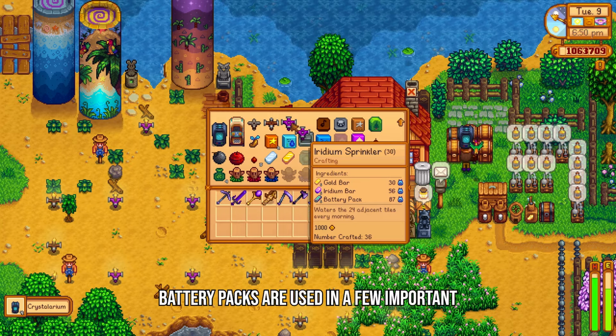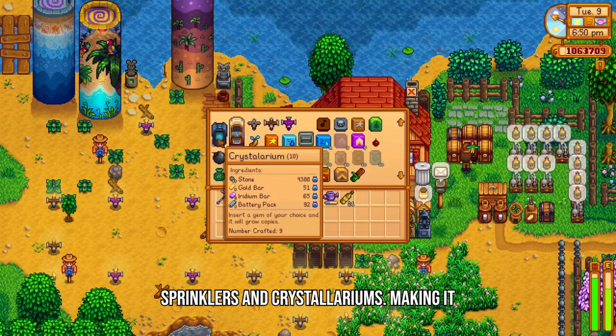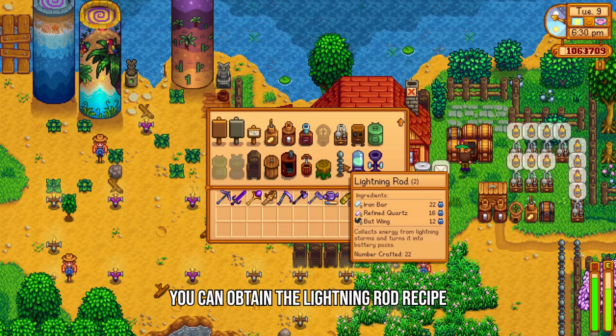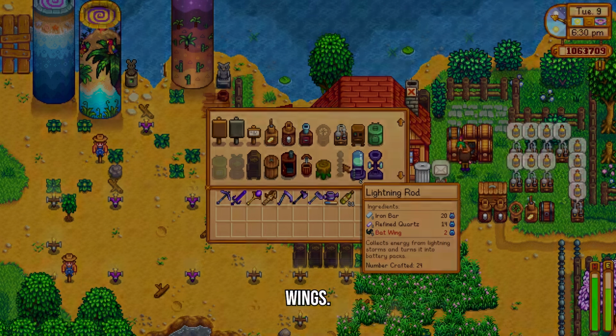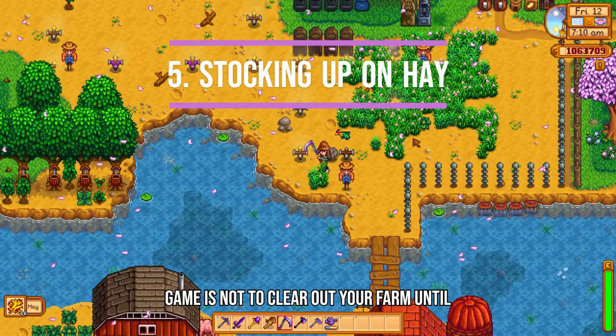Battery packs are used in a few important crafting recipes, such as iridium sprinklers and crystallariums, making it an essential resource to stock up on. You can obtain the lightning rod recipe once you reach level 6 foraging, and craft it using iron bar, refined quartz, and bat wings. Another tip I wish I knew about early game is not to clear out your farm